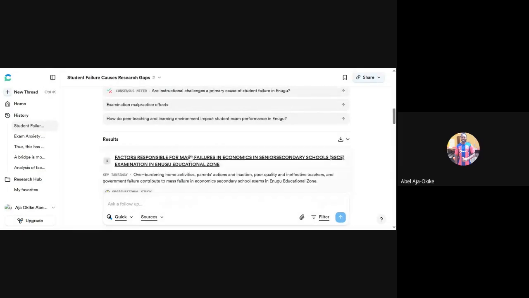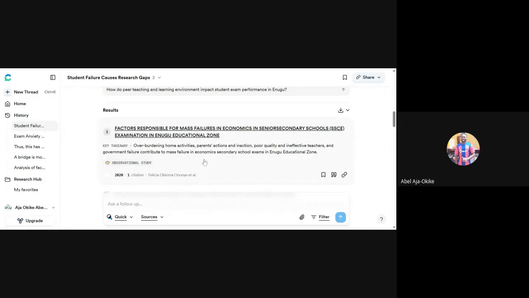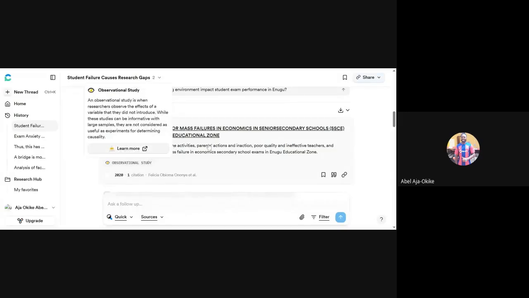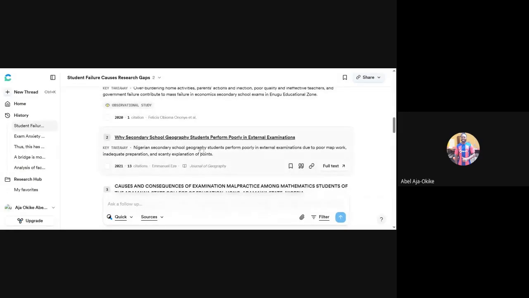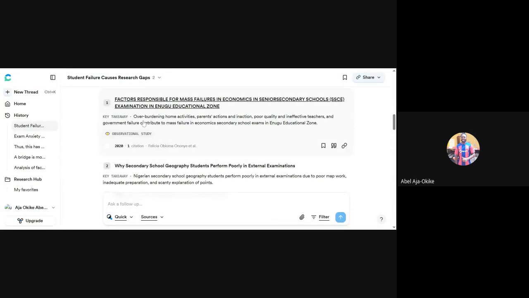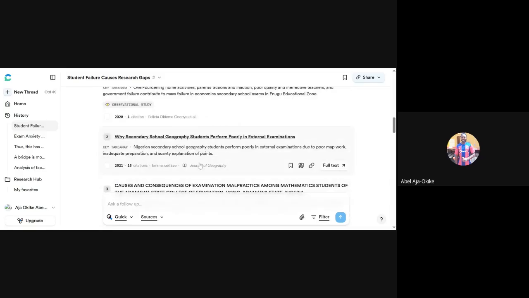Factors, you can see this one: factors responsible for mass failure in economics in senior secondary schools examination in Enugu educational zone. So this would make for an interesting topic if you are within Enugu metropolis. Yeah, this will make for an interesting topic. All you just have to do is refine the words, because this is already a topic that someone has done. You just refine the words and then you will get what you want.